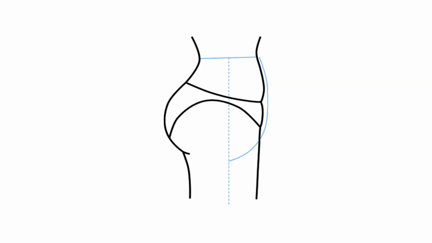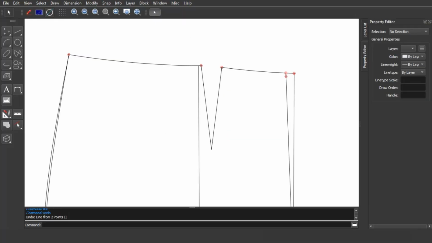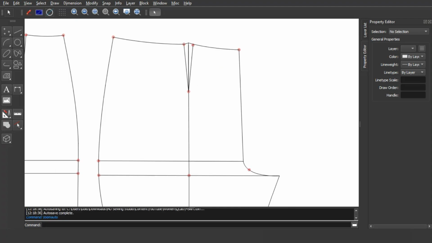Now, measure your front crotch length like that and compare it with the one on the pattern. If your length is shorter or longer, make an adjustment on the pattern from the waistline. Reduce the dart value by 1 centimeter and move it to the crease line. If you have 2 darts, move the main dart to the crease line and the second dart to the midpoint between the main dart and the side seam. If you don't have darts, just add the 1 centimeter at the side seam.